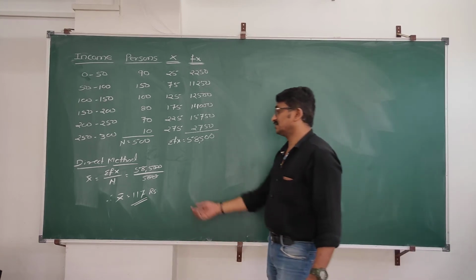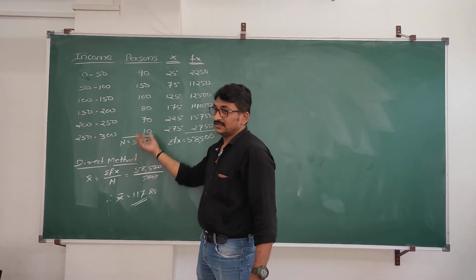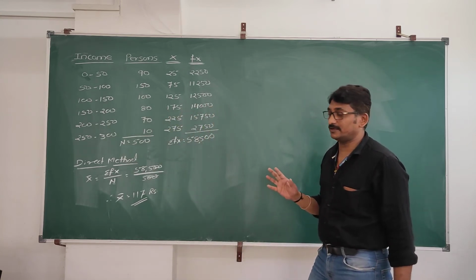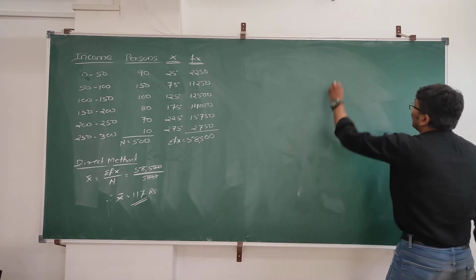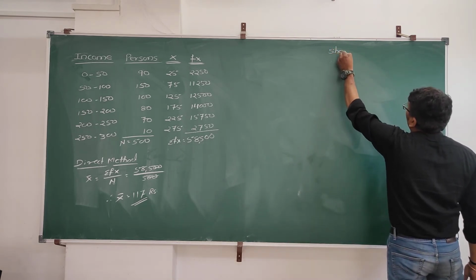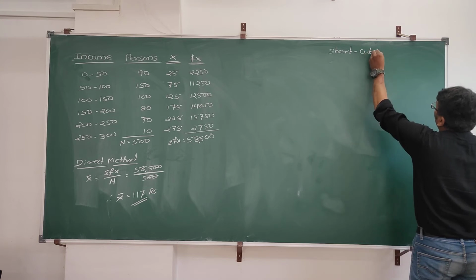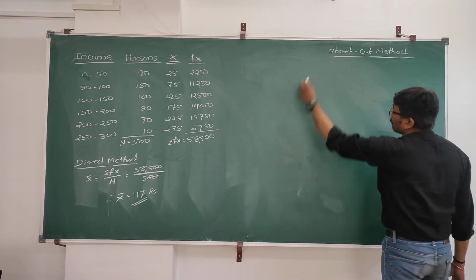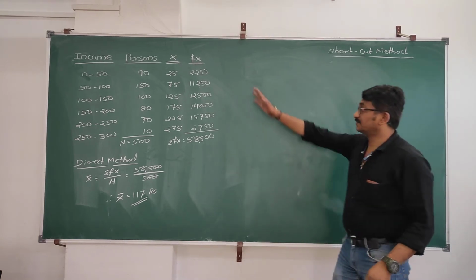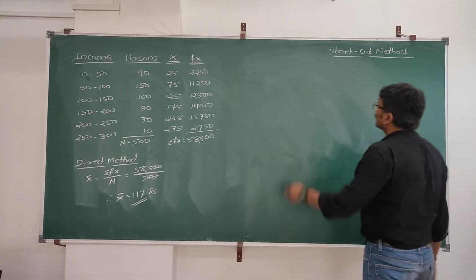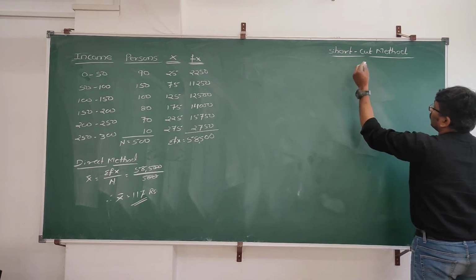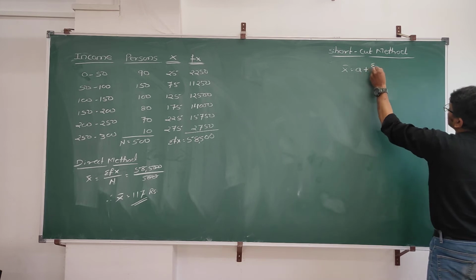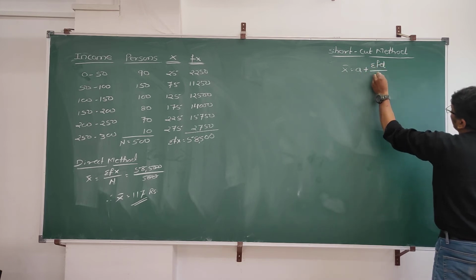Now this is the direct method, right? Same problem we will solve by using shortcut method also. I will write it. Shortcut method. Okay. Here keep some space. We have to prepare the problems. Okay. The formula of shortcut method is x bar is equal to a plus summation fd divided by capital N